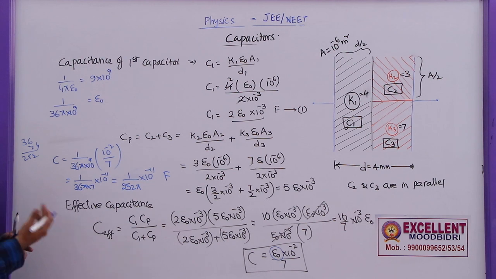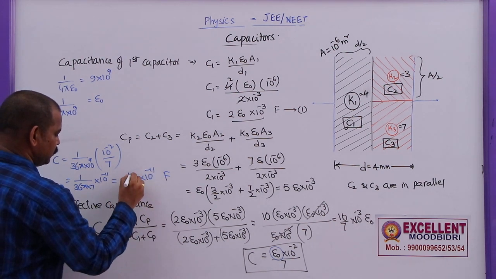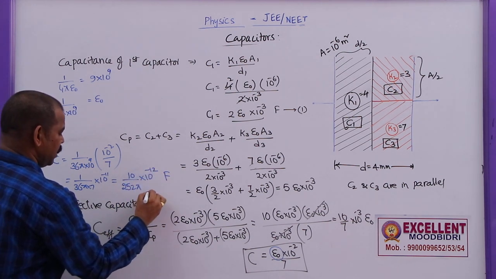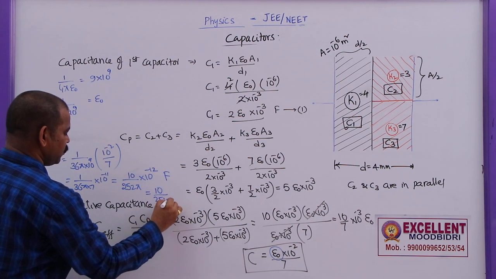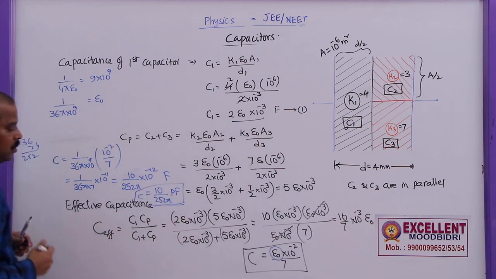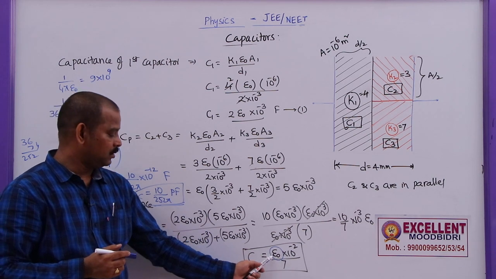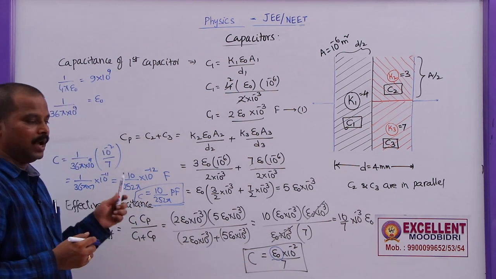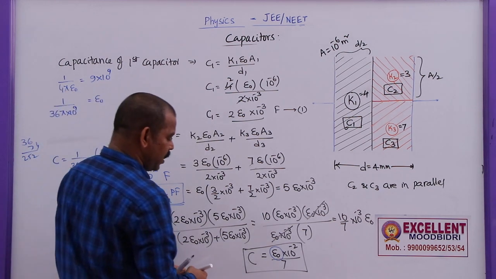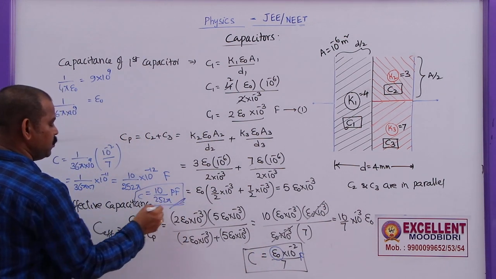Or if you want to convert this into picofarads, divide by 10, multiply by 10. So this will become 10 into 10 power minus 12, or 10 by 252 pi picofarads. This is the final answer. So you can stop your calculation here itself if the option is given in terms of epsilon naught. If the option is not given, then you have to find till this value. Whether it is given in farads or micro, this is in farads only because epsilon naught value is not substituted here. So this is in picofarads.